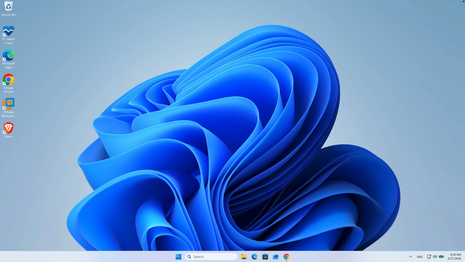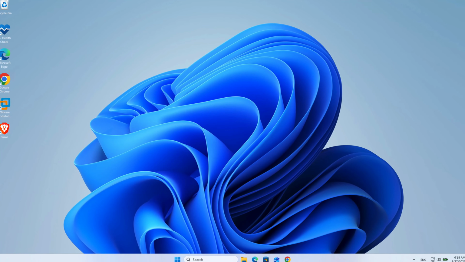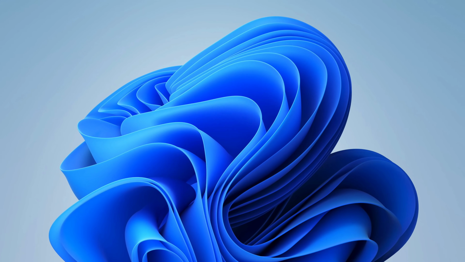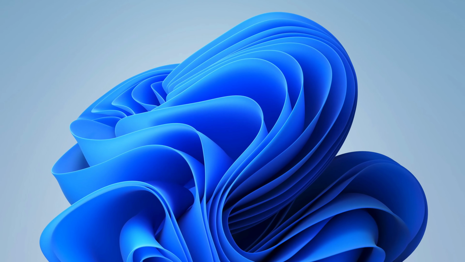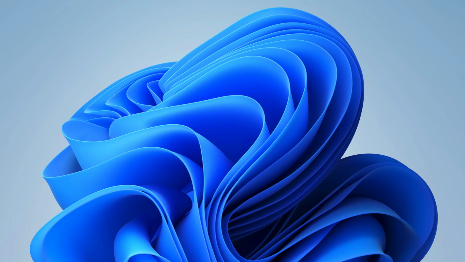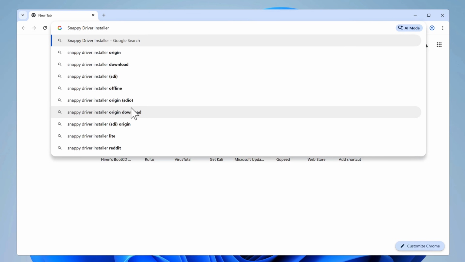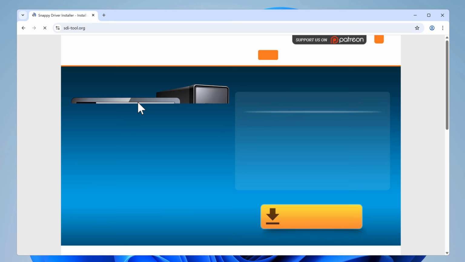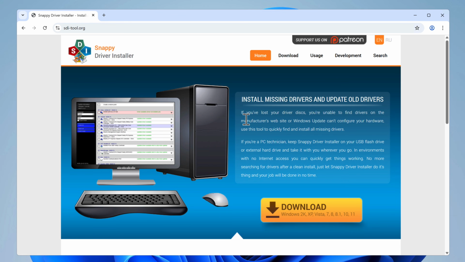All right, if you've just done a fresh install of Windows, or if your PC isn't working properly sometimes, here's how to install or update all your PC's drivers without wasting a lot of time searching for them one by one. Open your browser and search for Snappy Driver Installer. The official website is sdi-tool.org. Go there directly. Snappy Driver Installer, often abbreviated SDI, is a free open-source driver management tool that has been